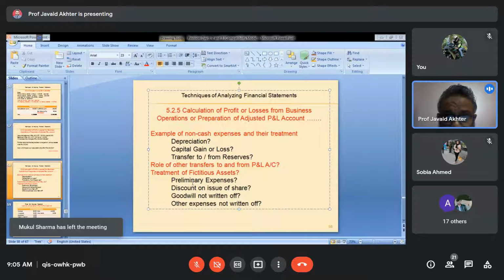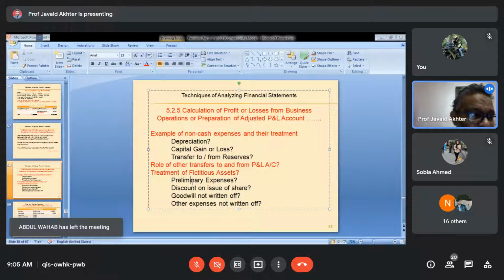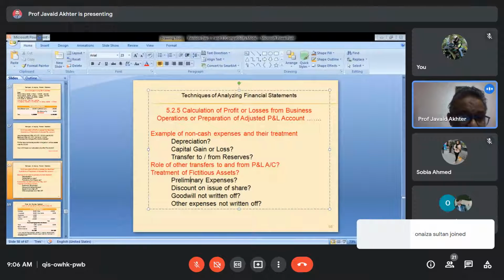For example, preliminary expenses. The meaning of these expenses is that when the company is established for the first time, it incurs amounts on its incorporation. It incurs amounts on printing of its prospectus, printing of so many things. Before it becomes really operational, it incurs huge money. So the entire money that it spends is not recorded in the profit and loss account of the same year in which it has been incorporated. This amount is split over a period of, let us say, 5 years. If the company has spent 5 lakh rupees, the entire 5 lakh rupees will not be shown.